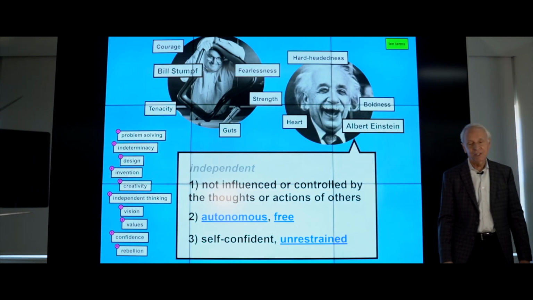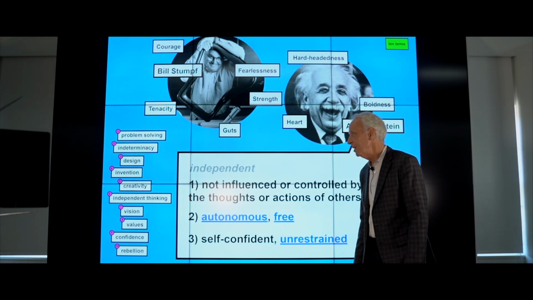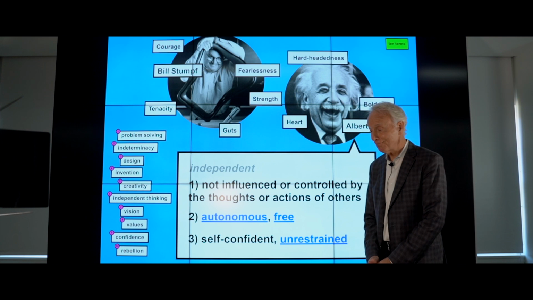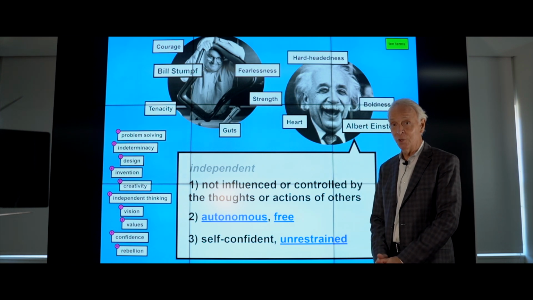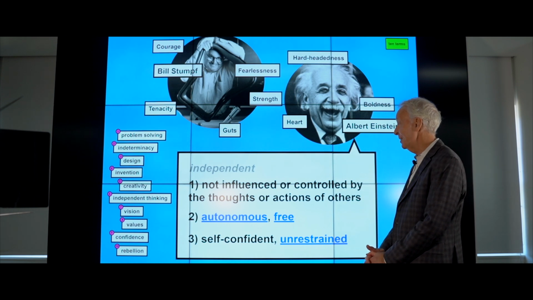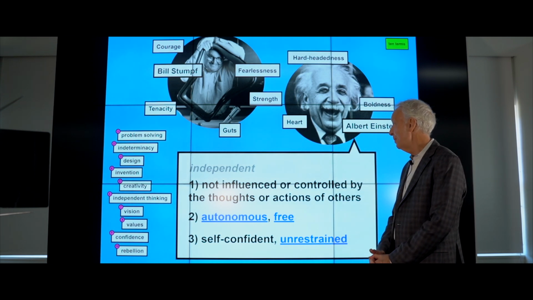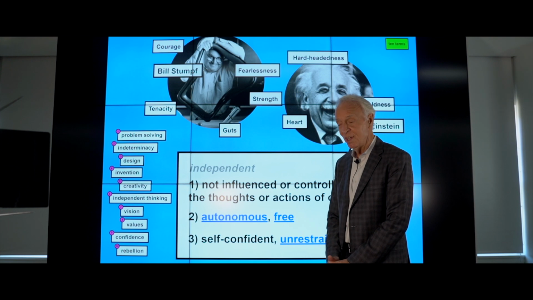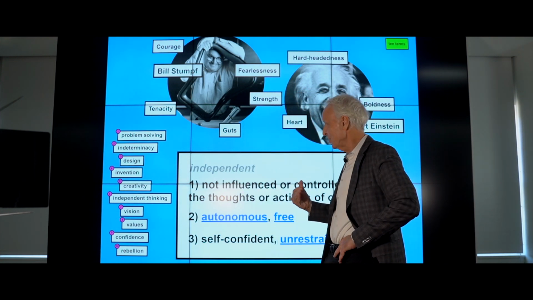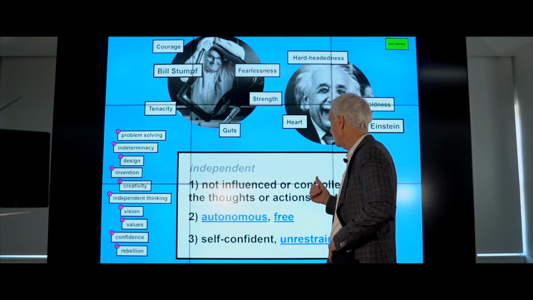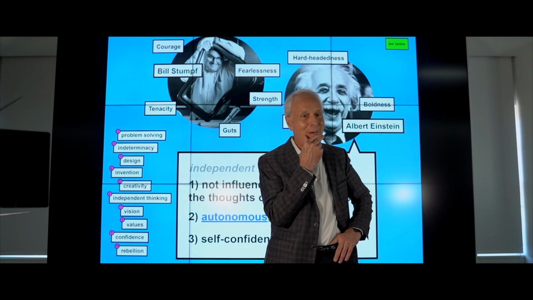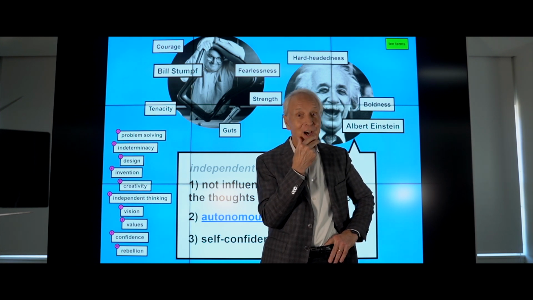So that is that term, creativity. The next term, the sixth term, is independent thinking. Again, really key for creative problem solving. The dictionary definition of independent is not influenced or controlled by the thoughts or actions of others. Again, wow, think about that. Are you really comfortable saying, I will not be influenced or controlled by the thoughts or actions of others? Wow, that's a pretty strong thing.